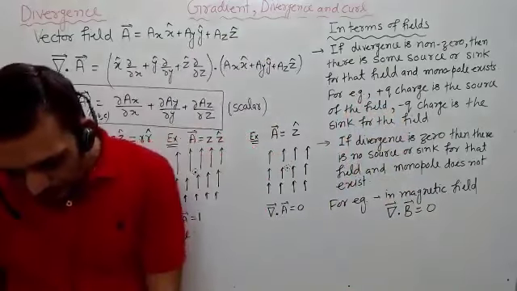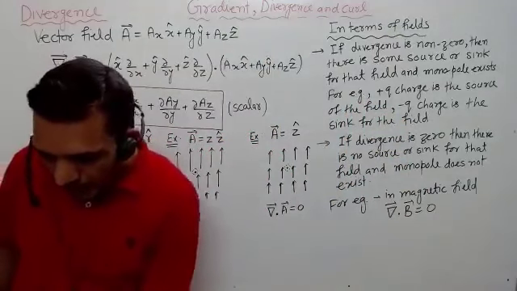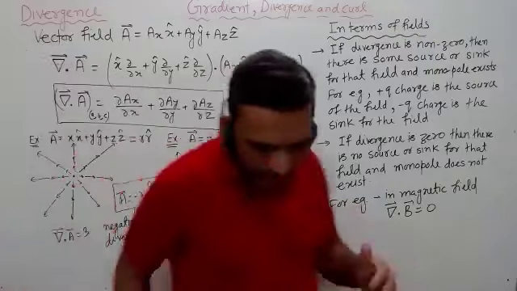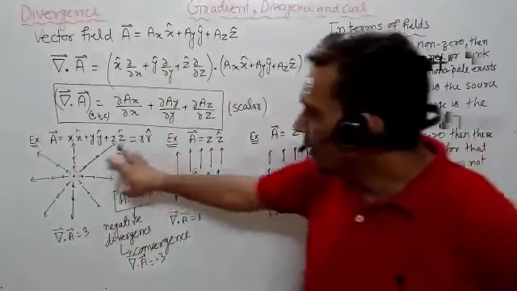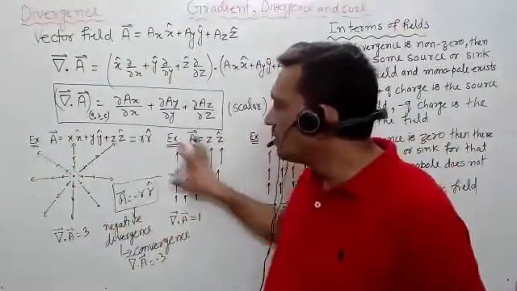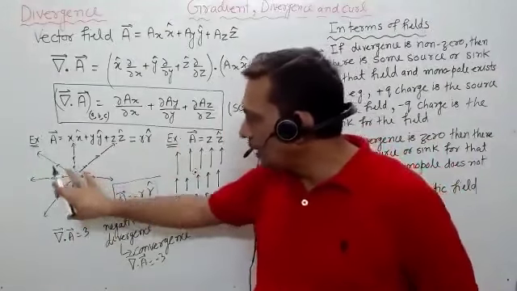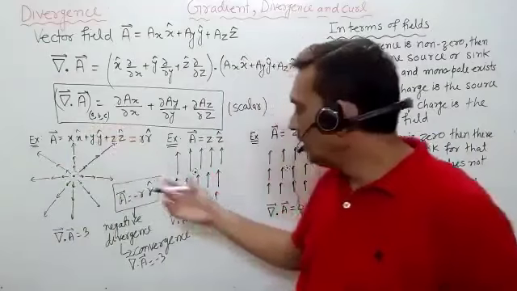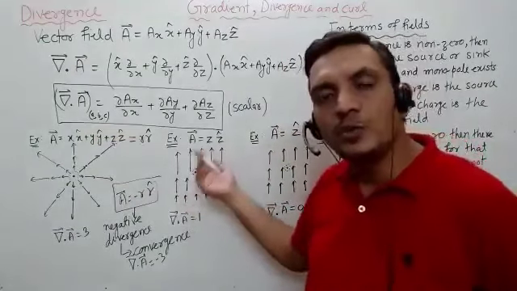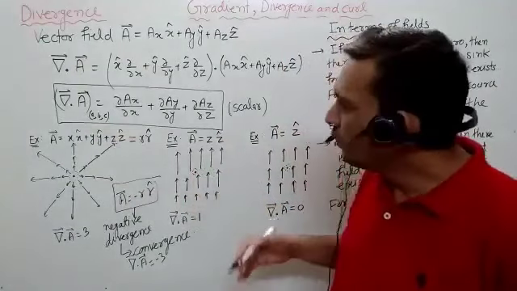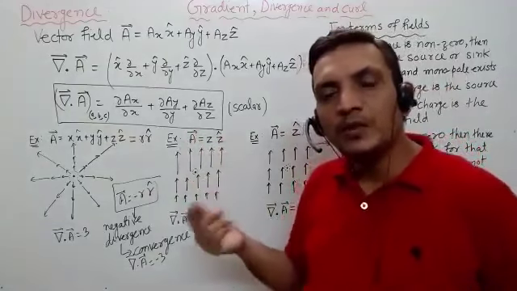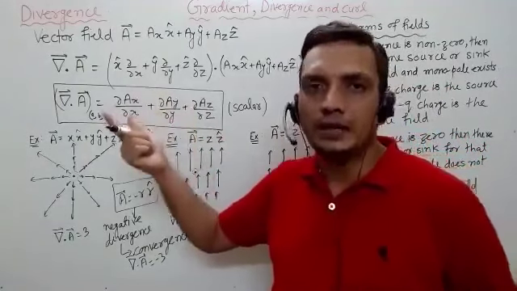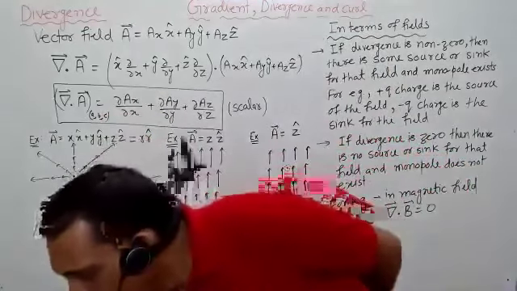Now we will see. In this case, I have taken an example. In these examples, you can see divergence is some constant value. It means in this vector field, around each point divergence is same. But you can take another example where in the same vector field, around different points, you have different divergence. For example,